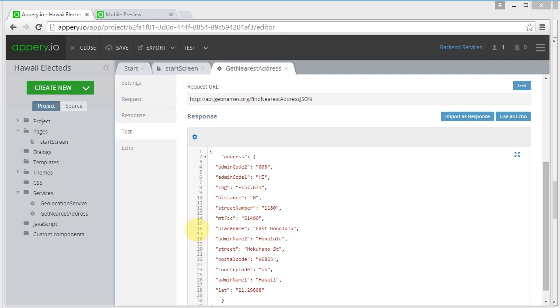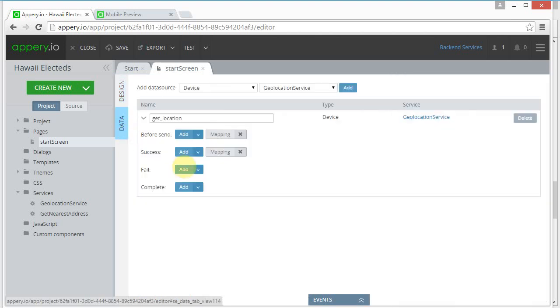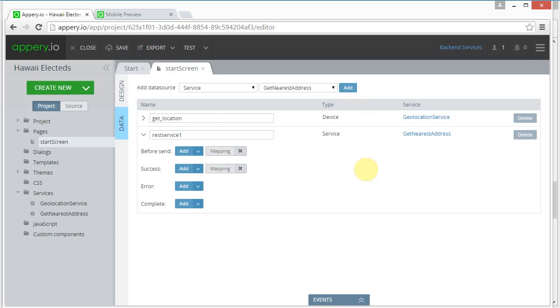Now that we know that works, we can close the tab. Next, we're going to set up our data source, which will connect up the button and the latitude and longitude to that service we just created. So let's click data, and then we're going to add a new source, service this time, and get nearest address is the only one there. Click add, and let's name it get address,